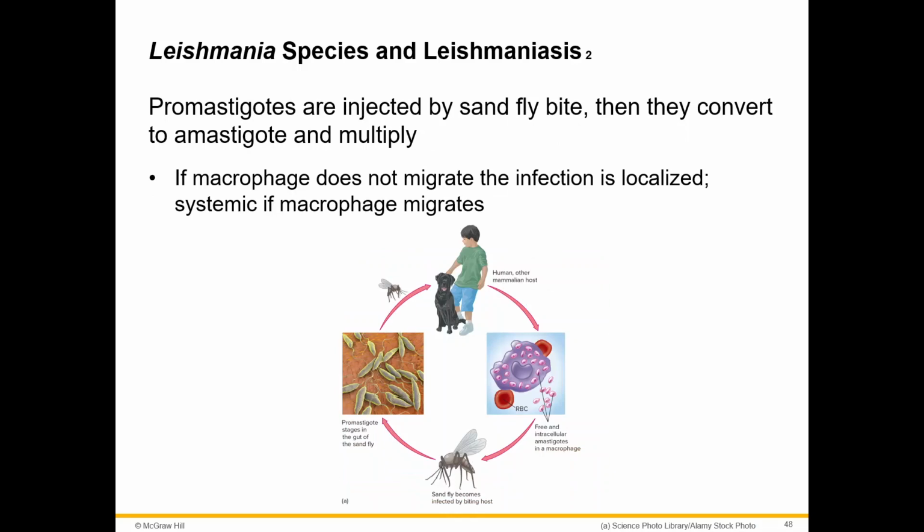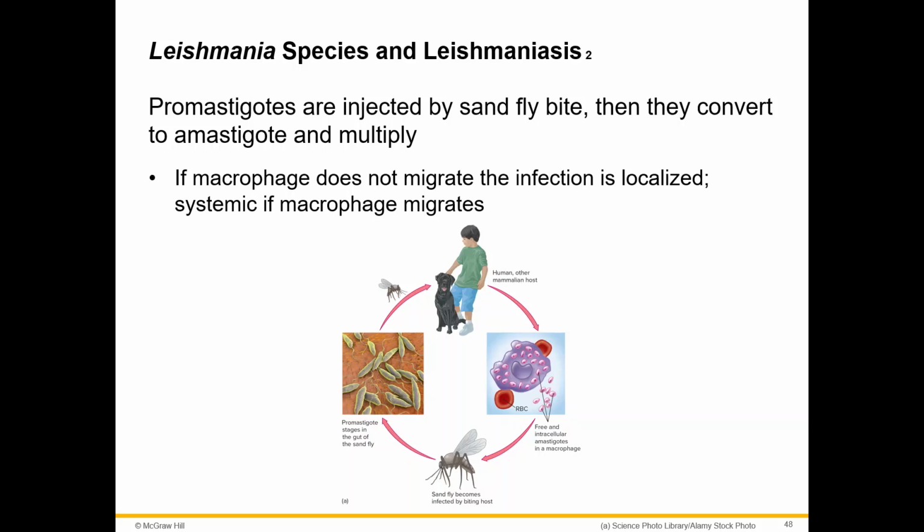And so what do we see? Well, this occurs when the promastigote stage of this protozoan gets injected into a mammal through the sandfly. And then eventually they go into their amastigote phase and they just completely proliferate. They're reproducing like crazy. And so if the macrophage doesn't migrate to where this infection is occurring,